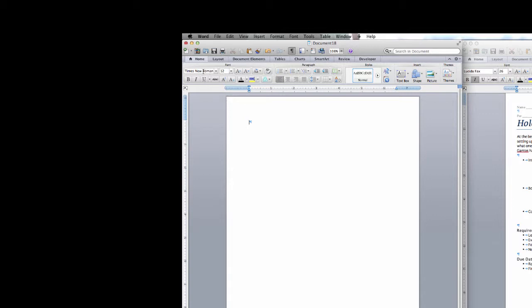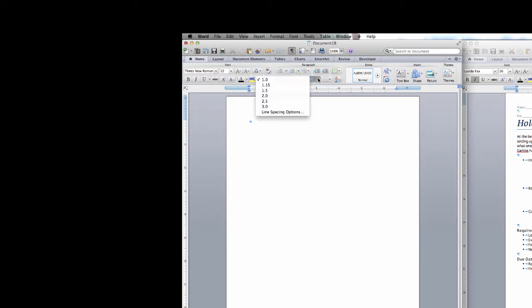Once I've got my type set up, then I have to set up my line spacing. I've said that we need to choose double spacing. To do line spacing, you look for the button that has lines and arrows going in different directions. If you hover over it, it'll say line spacing.